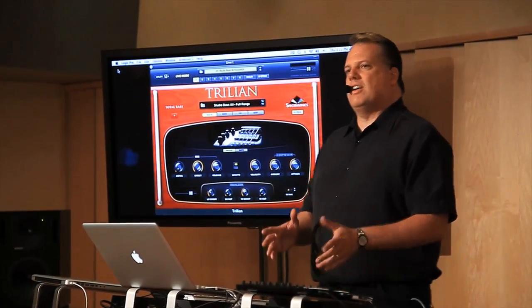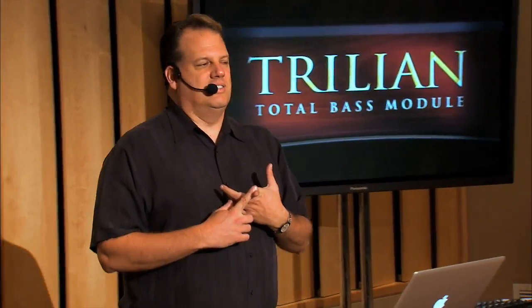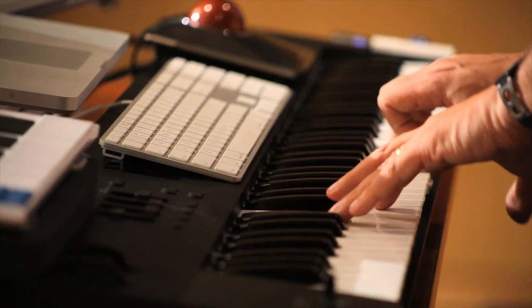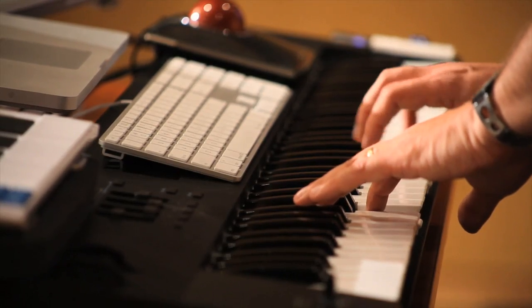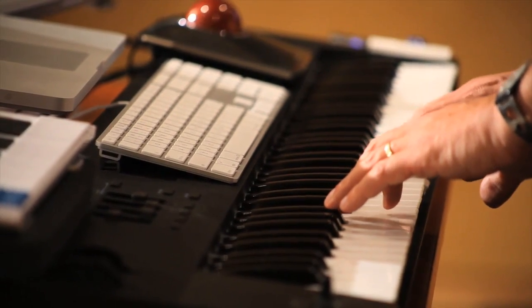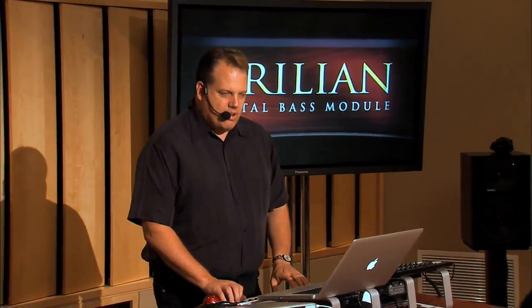Okay, now when you play soft, this is kind of a cool thing. You know how on an electric bass you can play the same note in different places, and you can move your hand position around. You can use open strings and that kind of stuff. Well, with velocity, you can control the string selection and the hand position on this bass. So if you play soft, and if I play a little harder, it's fingered in a different place and closer to the bridge. So you can bring out